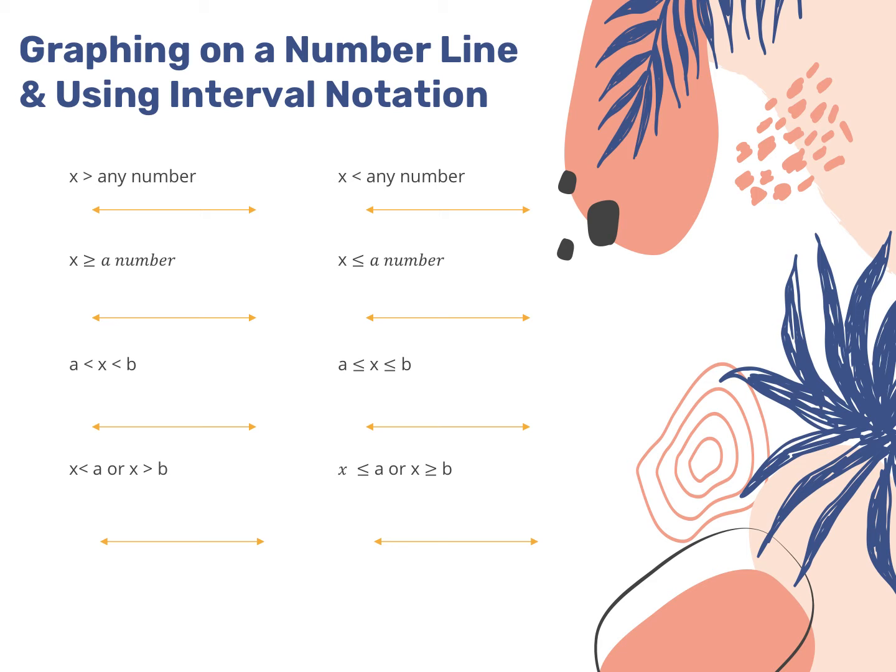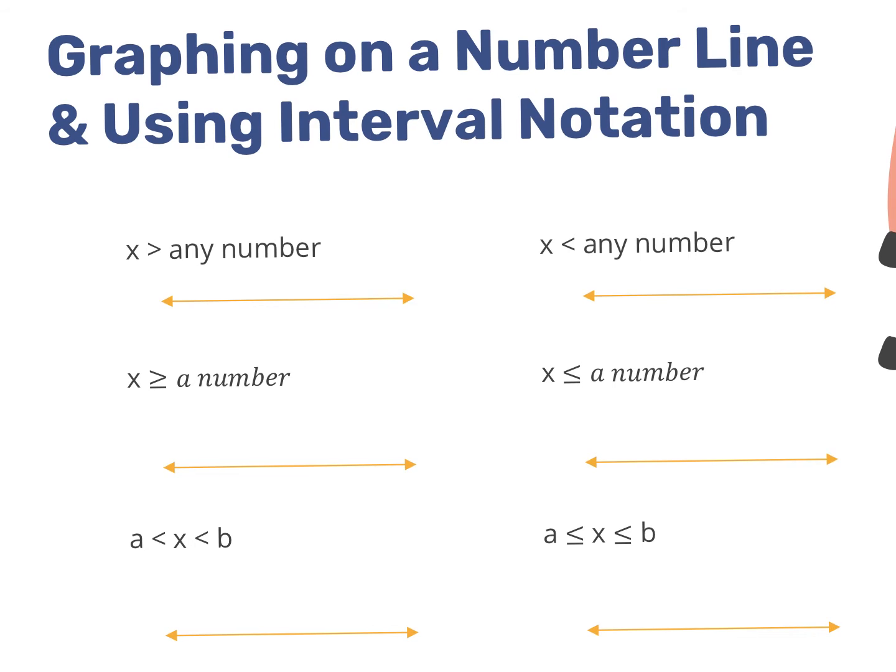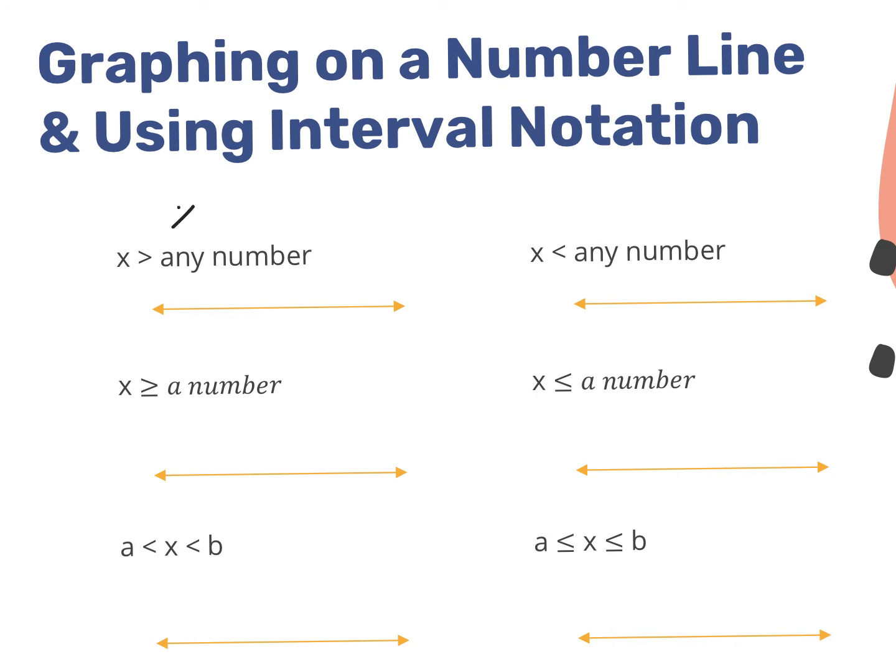Remember, you're reading this graph from left to right. So, for example, this first one is greater than, so x greater than any number. So I'll put in here x is greater than 4. When you graph a simple greater than or a less than, it's going to be an open circle. When it's going to be x is greater than or equal to, this will be a closed circle on the